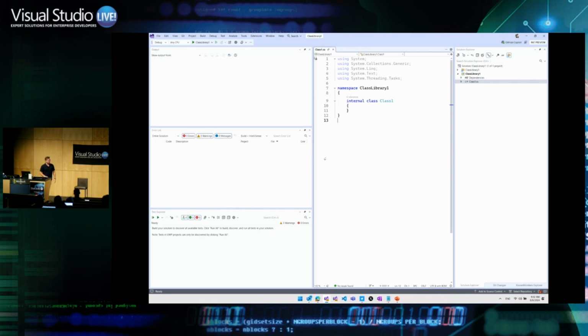I was plugged in this morning to a widescreen monitor. When I'm in widescreen, I like to keep my output window, Test Explorer and so on docked to the left, because then I have a lot of space here. But now that I'm on just my laptop and presentation, I don't even know what the resolution is here, but this doesn't work at all. So now I have to drag all the windows down to the bottom, or